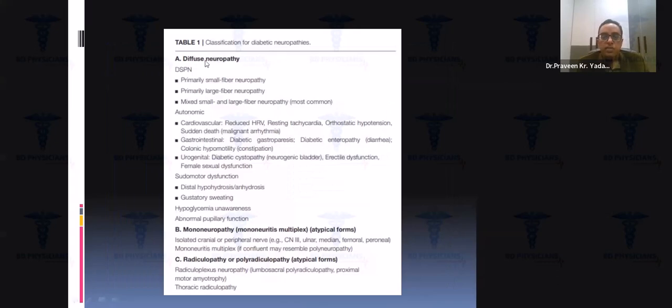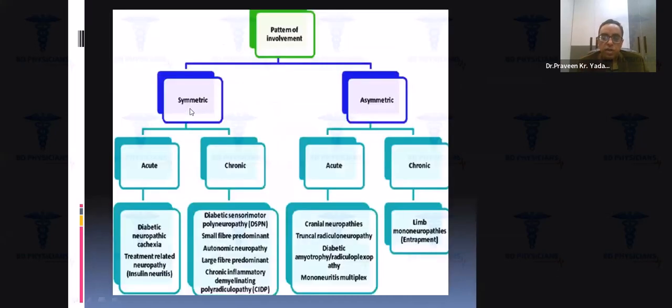Again, you can classify it as a diffuse neuropathy, mononeuropathy, or a radiculoneuropathy, depending upon the involvement. So there are various classifications. One classification is symmetric and asymmetric involvement. Symmetric, you can divide into acute and chronic. Symmetric acute is diabetic neuropathic cachexia and treatment-related neuropathy. Symmetric chronic is the typical diabetic neuropathy, that is diabetic peripheral motor sensory neuropathy. It can be large fiber, small fiber neuropathy, or autonomic neuropathy. And one thing you have to remember is the diabetic CIDP,